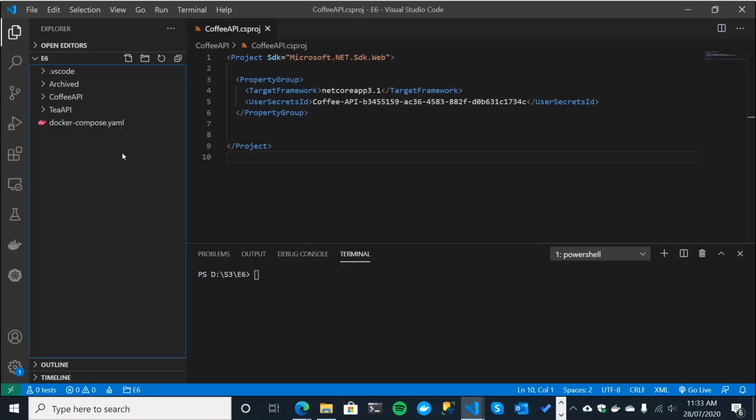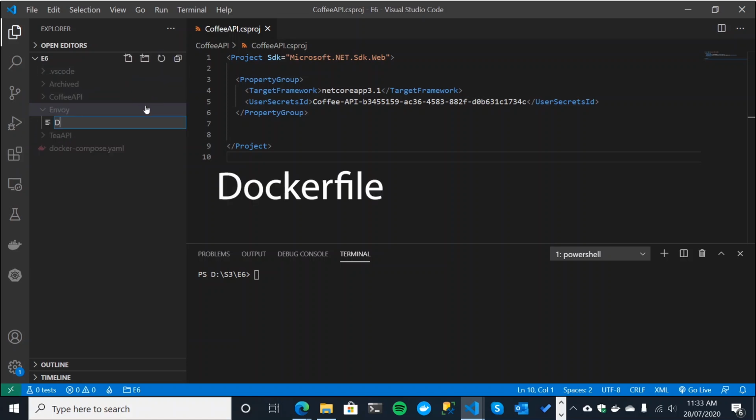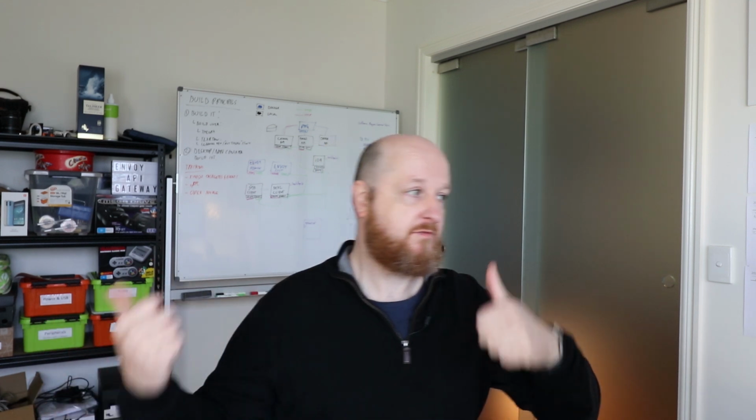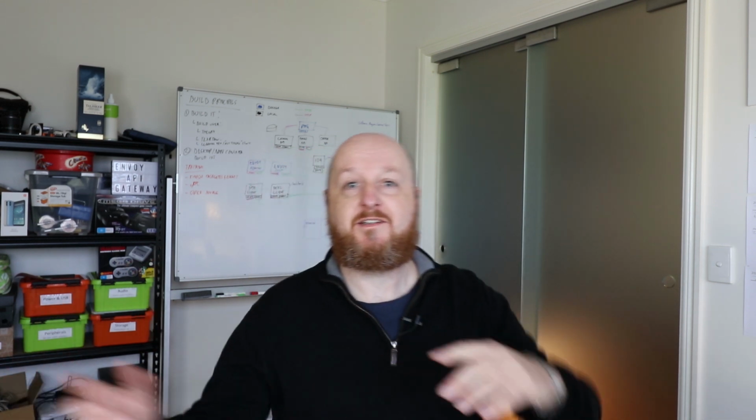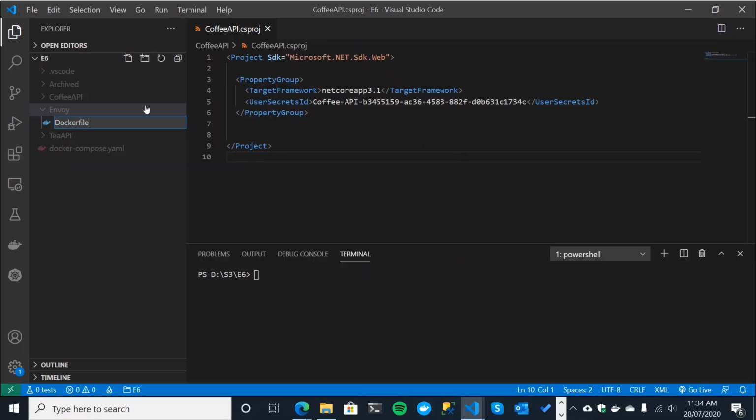Okay, so the first thing we want to do is create a new folder called Envoy for our Envoy config. And the first thing we need to do inside that is create a Dockerfile. So we're just going to do this step by step. I'm not going to use Docker Compose just yet. Park Docker Compose for a minute. We're just going to use the Dockerfile, stand up our Envoy gateway with a default config and make sure it all works. Okay, and then we'll fold it into Docker Compose. Then we're going to actually do our config that will route to our APIs. So just layering up bit by bit.